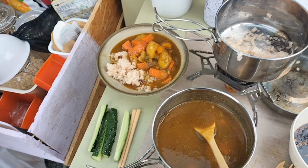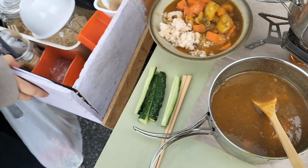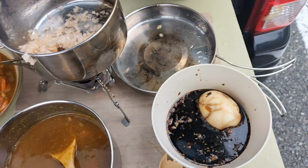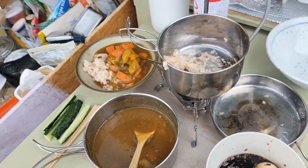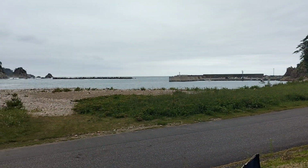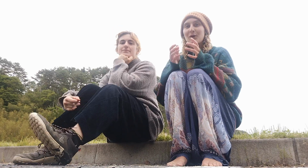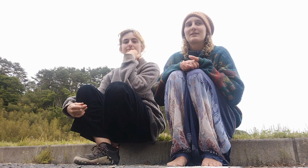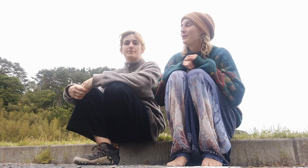So, this is our lunch. We've got leftover curry, some rice that we just heated up, cucumbers, gyoza, and boiled egg we've marinated in soy sauce and garlic. We eat so well when we're together. So good, and in such beautiful places as well. Japan as a country lends itself so well to van lifing, which is such a shock considering how few people you see on the road